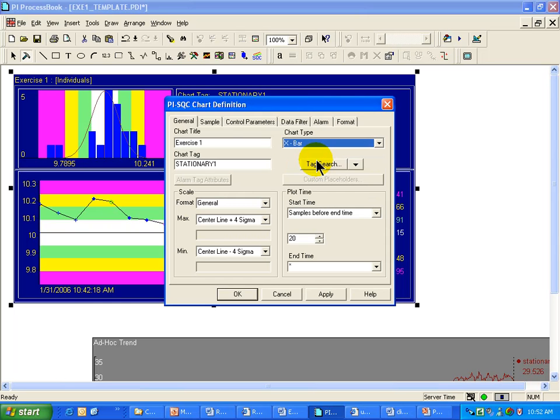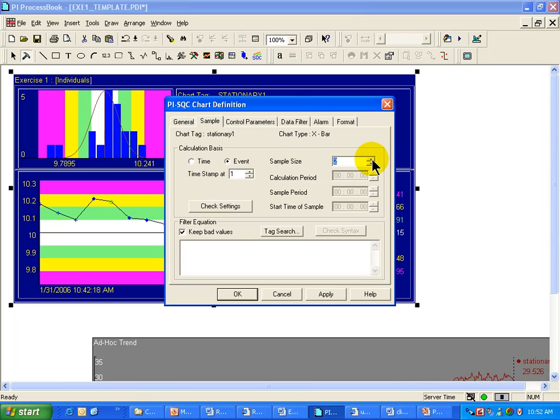Now let's suppose we were looking at an X bar chart. It's a chart of averages. If we were to specify a sample size of, let's say, 4 and a time-based sampling, what we mean by this is that we are going to sample this based on a certain algorithm that is defined by these timestamps that we see here. So for example, if I'd like to start at 6 o'clock in the morning